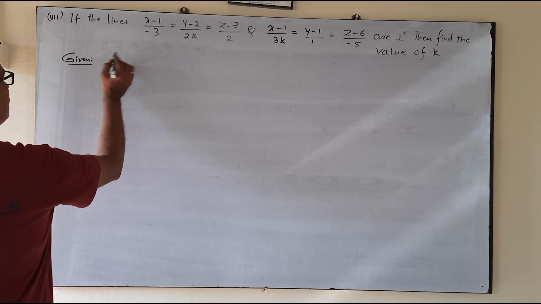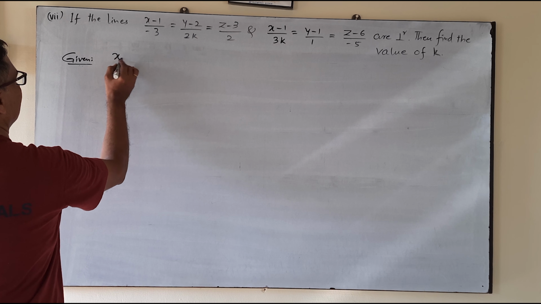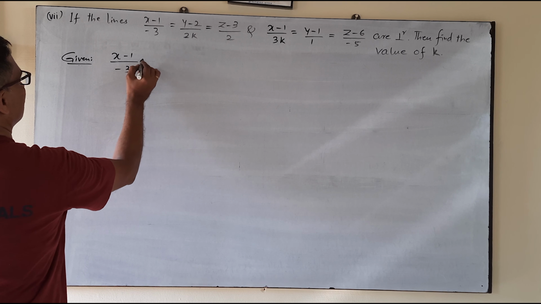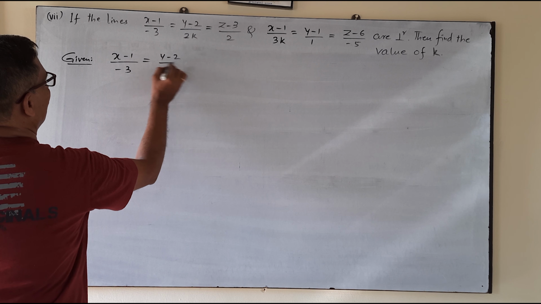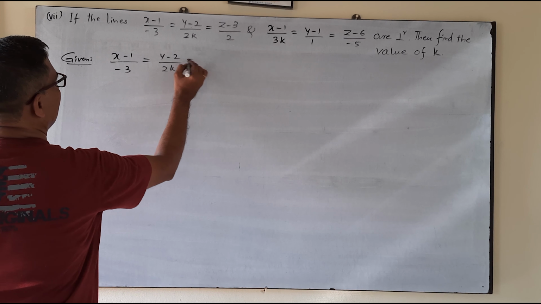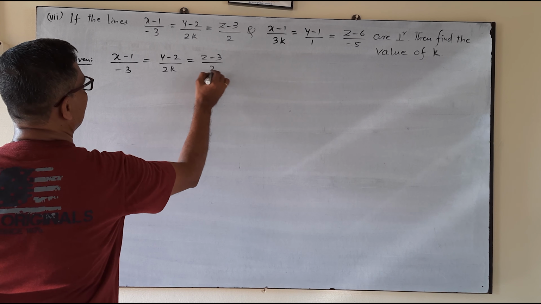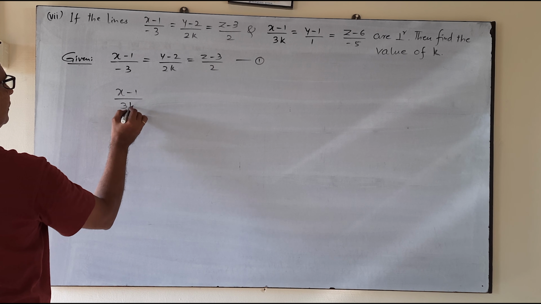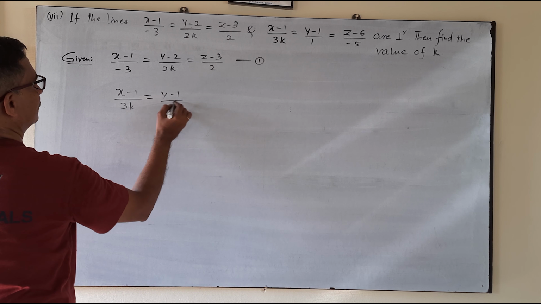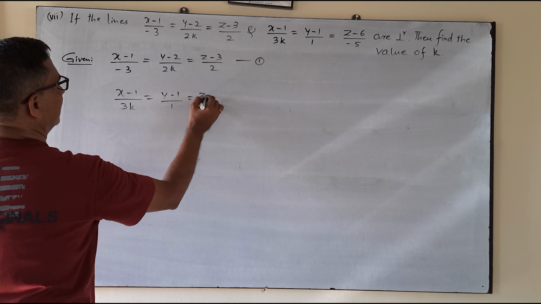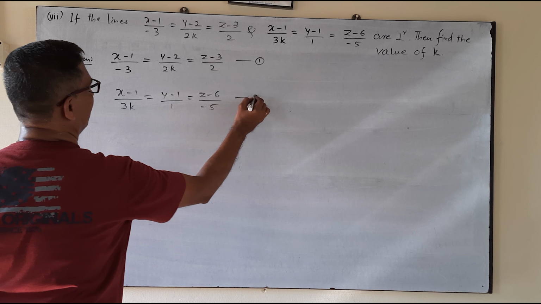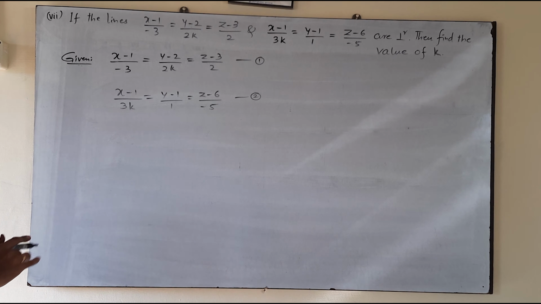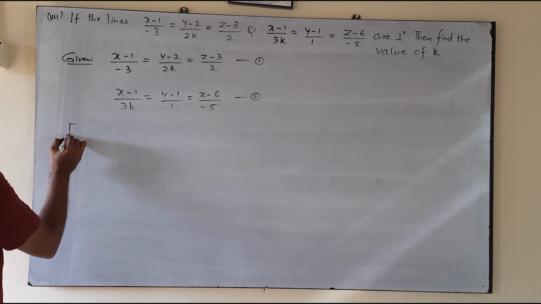But here these two lines are in Cartesian form: (x minus 1) divided by minus 3, (y minus 2) divided by 2k, (z minus 3) divided by 2, and line 2: (x minus 1) divided by 3k, (y minus 1) divided by 1, (z minus 6) divided by minus 1. Both the lines are in Cartesian form. Now here for line 1